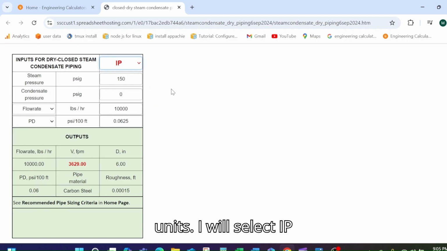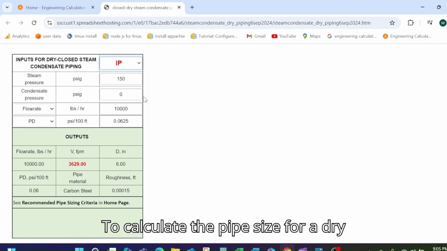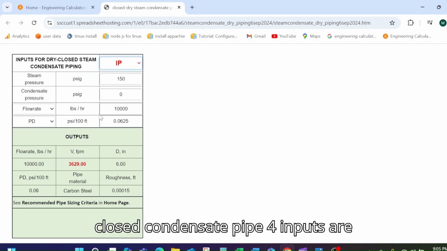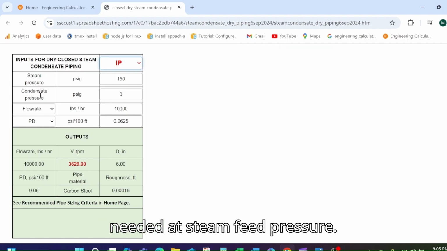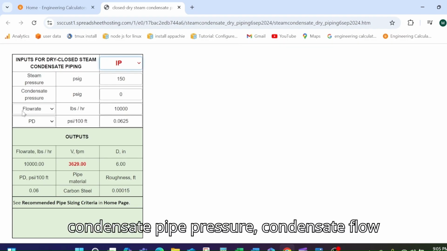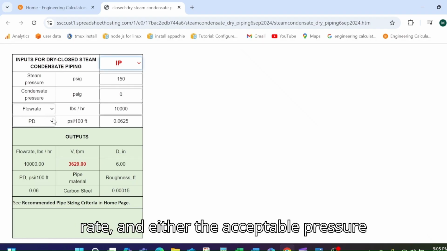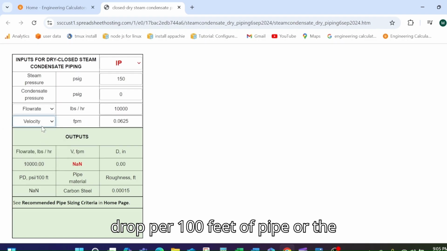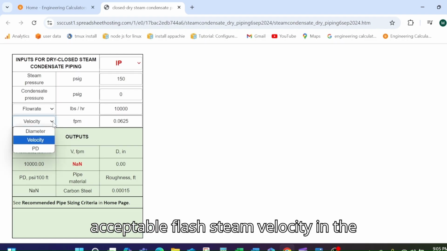I will select IP units for this tutorial. To calculate the pipe size for a dry closed condensate pipe, 4 inputs are needed: steam feed pressure, condensate pipe pressure, condensate flow rate, and either the acceptable pressure drop per 100 feet of pipe or the acceptable flash steam